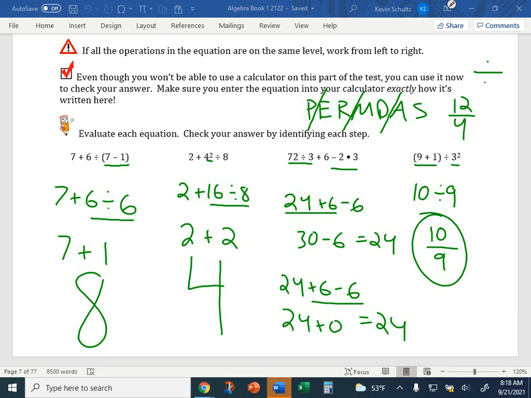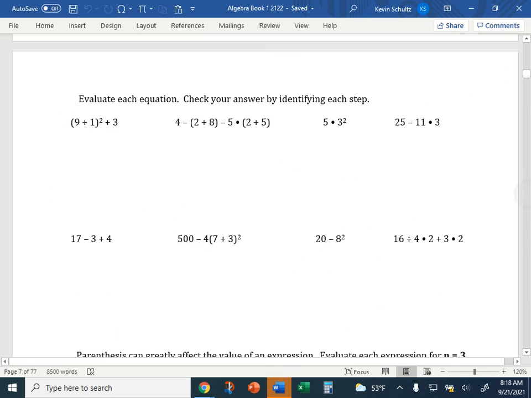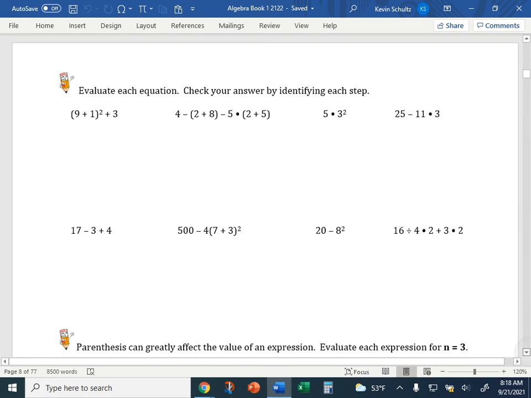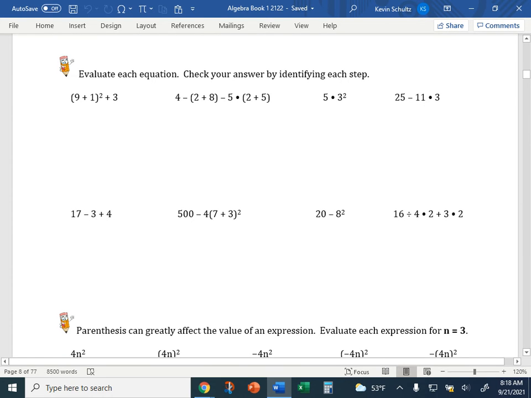Looking at the next page, what your homework is going to be. You've got several to practice on. You need to show your work. If all you come with tomorrow is an answer, I'm going to assume that you just used a calculator, which is not what I'm after here. Work needs to be shown. But Mr. Schultz, I did my work on a separate sheet of paper. Then bring the sheet of paper. If you do your work somewhere else, fine, but bring it. I need to see the work. So you've got 8 of them that are just like the ones on the front side that we did together. And then down at the bottom here,